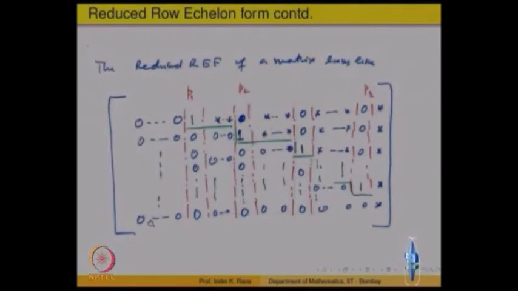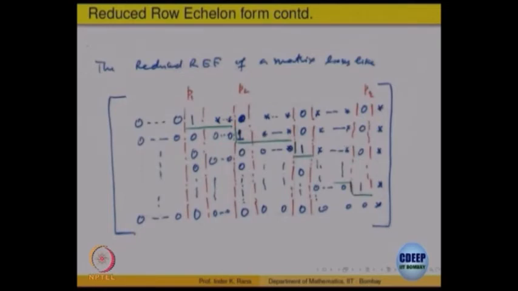And so on, and at the bottom there may be some rows which are all 0 in the row echelon form. So, what we are saying is the pivots, as in the row echelon form, are in increasing order. All the pivots, here is a pivot 1, here is pivot 1, here is pivot 1 and here is pivot 1, and everything in that pivot column is equal to 0. So, that is the general form of the reduced row echelon form of a matrix.